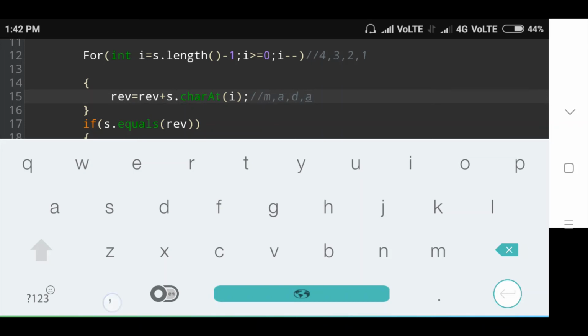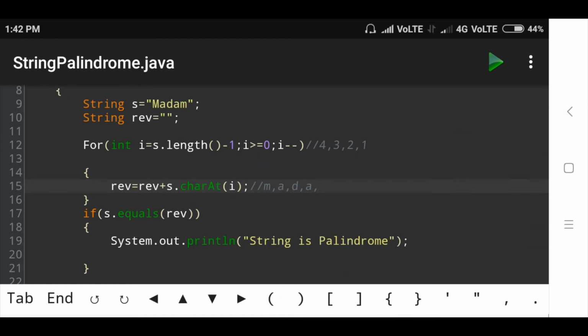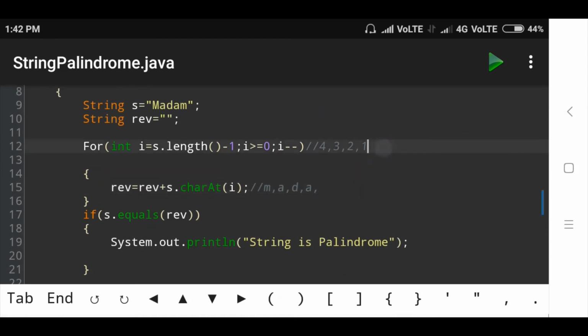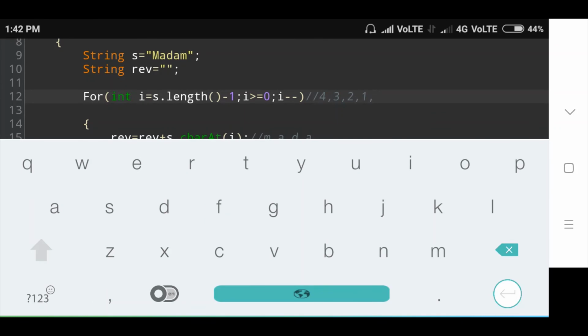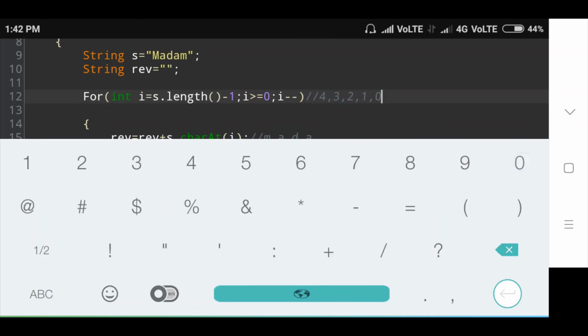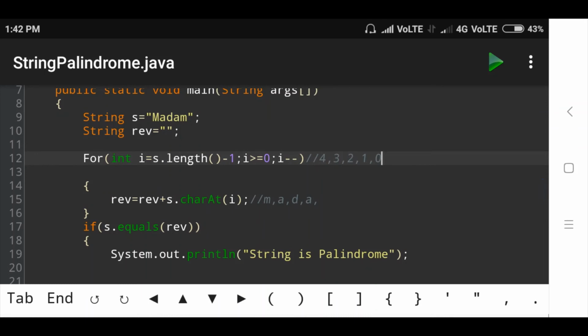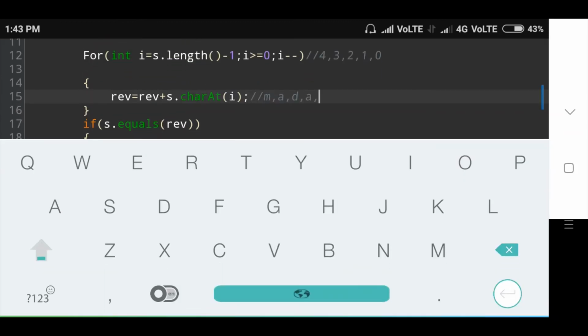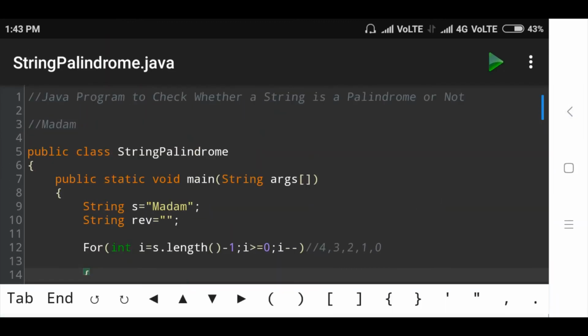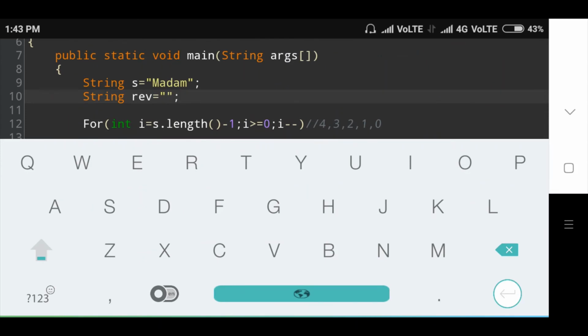Then again go to the for loop condition. The i value is initially 1, then the i value is decreased by 1. The i value is 0. Then check whether i is greater than or equal to 0. The i value 0 is greater than or equal to 0, so the condition is true. Then again go to the next condition: reverse is equal to reverse plus s dot charAt, the i value is 0. Then check the 0th position, the character is m.